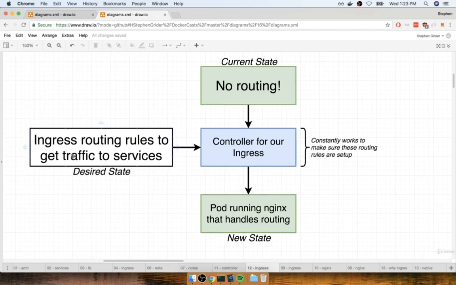You and I are going to write some config file that describes a set of routing rules to take incoming traffic and send it off to the appropriate services inside of our cluster. We're then going to feed that config file into kubectl, and kubectl